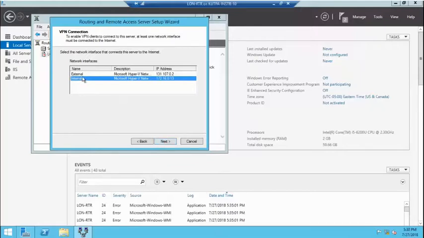No, I may have labeled these incorrectly. We're going to need to choose this one. Next,